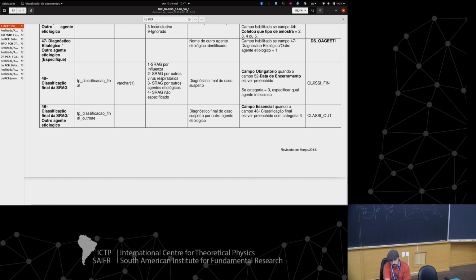You have the final classification as well, which tells you for the data from 2013 all the way to 18, whether it was classified as SARI by influenza, SARI by other respiratory viruses, SARI by other etiological agents, so not respiratory viruses, and unspecified SARI. So those that you have no clue, based on testing, what is the associated pathogen, okay? But this alone is not